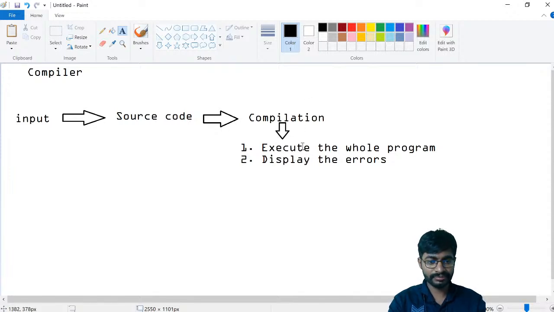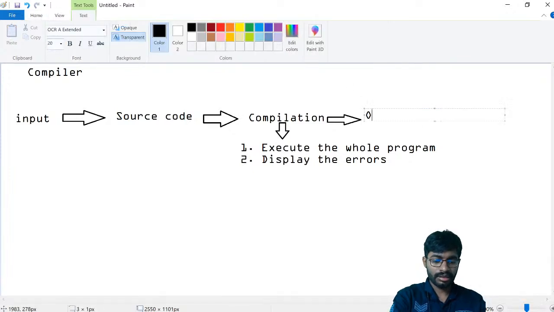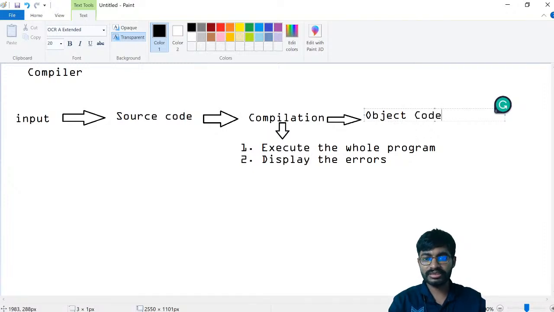Now after that we can see the compiled output as object code. So what is this object code? The end application. For example, if you open Microsoft Excel, that Microsoft Excel is an end software which we are going to use. If we double click, the software gets opened and we can follow the process.